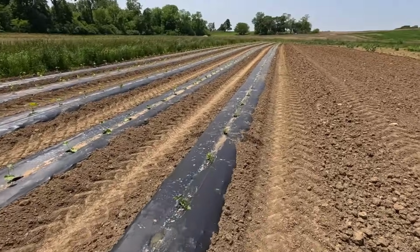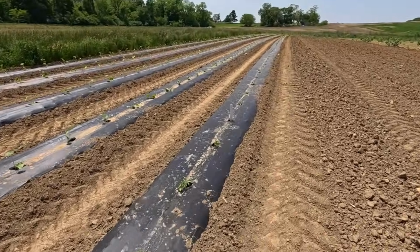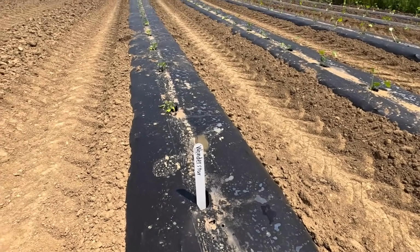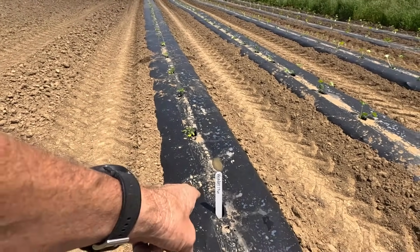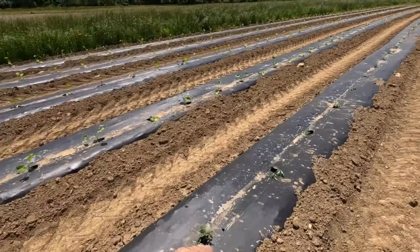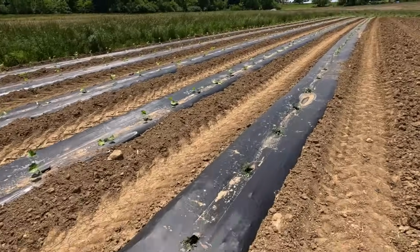And here are the tomato plants. They're very small, but they were big enough to transplant. I wanted to get them out of my greenhouse so they can take off. So there's the Wonder Star. That would be a red variety. And this next one right here is